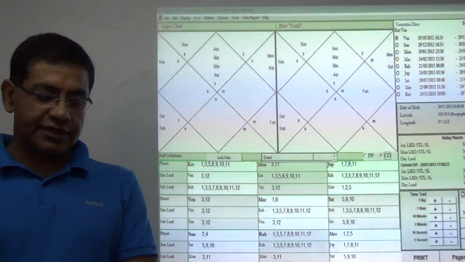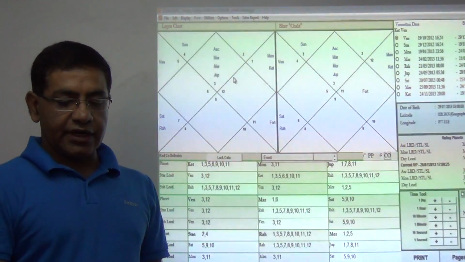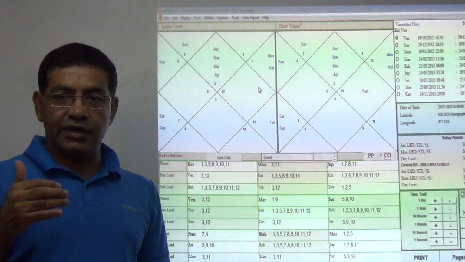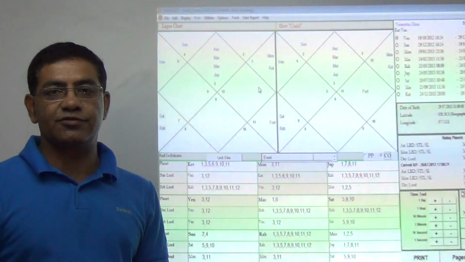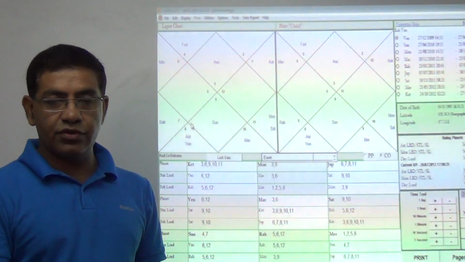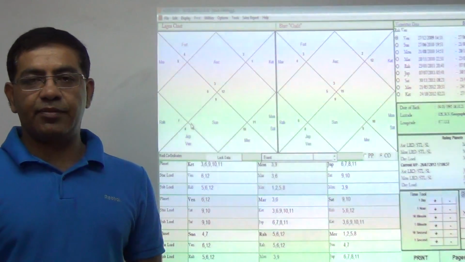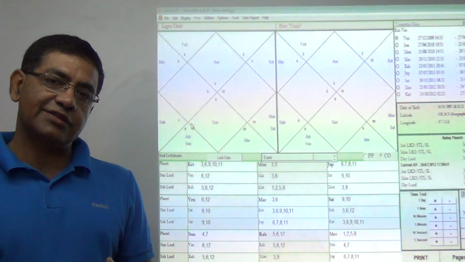So this is one thing. Secondly, you see that Rahu here is conjunct with Saturn, aspected by Jupiter and Moon, so the natural results of all these planets will also be transferred to Rahu. And in the other example, you see Rahu is not with any planet nor aspected by any other planet, so the results of Rahu remain; they are not modified.